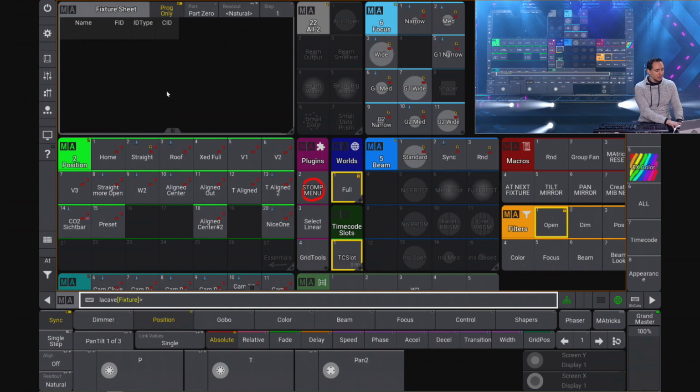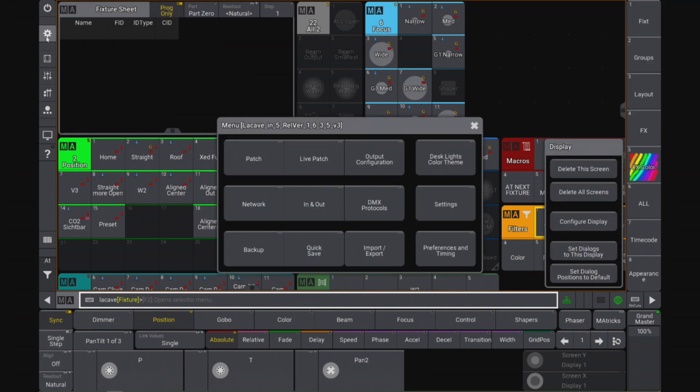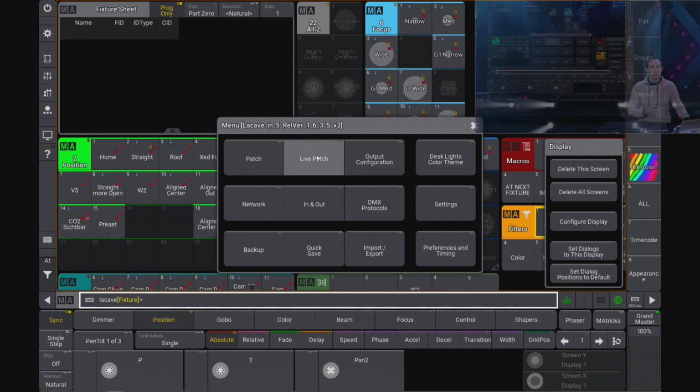What are the changes in the patch? For this, I'm going to jump into the patch right now. So we click the menu button, and then we have here the patch and the live patch. These are basically both the same as we all know